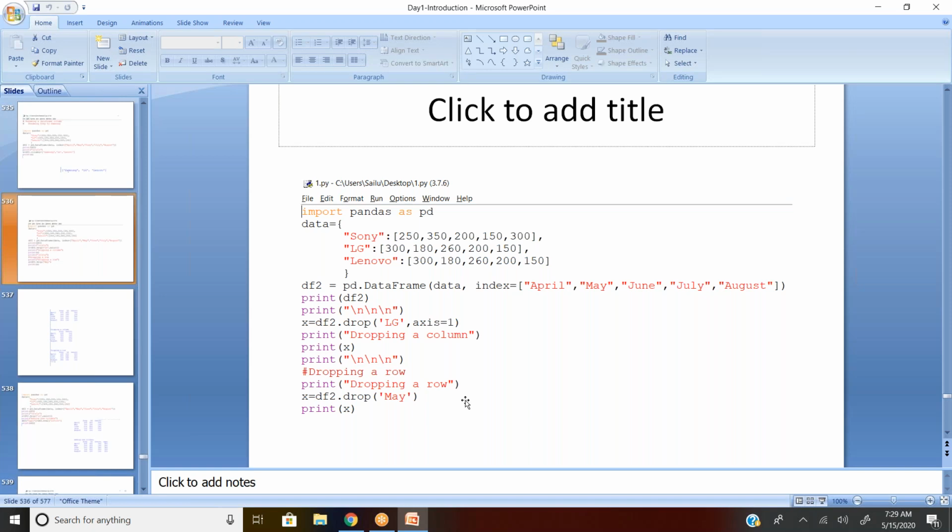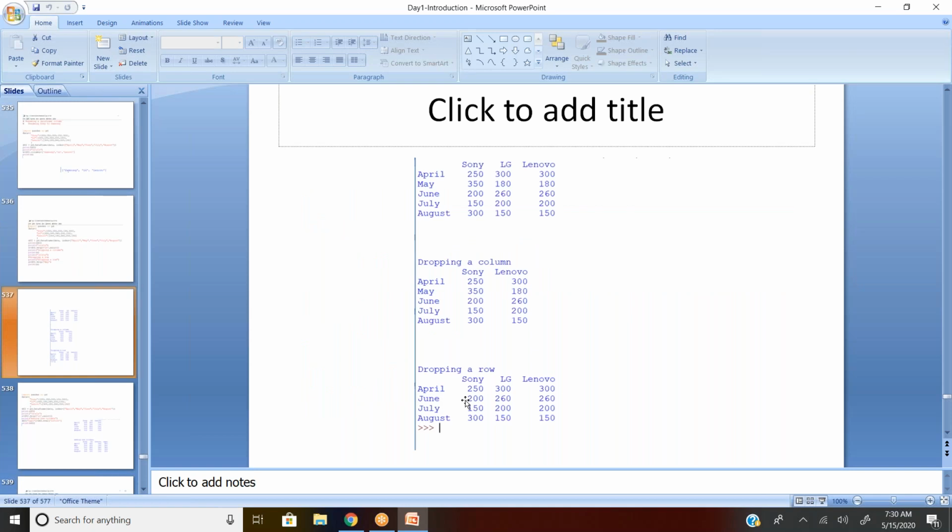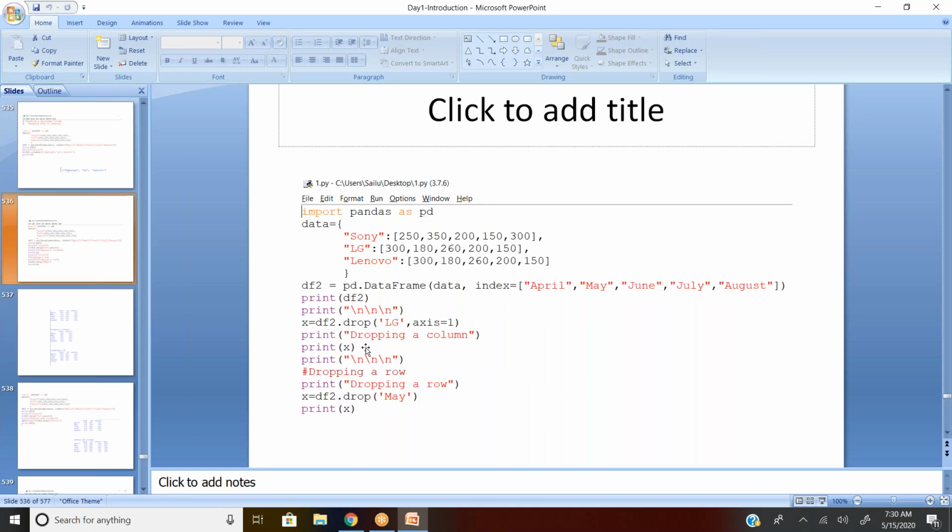It's not removing, it's dropping. Removing is nothing but deleting. I'm not deleting here, I'm just dropping and saving it, or printing it. So though I'm using the print option with df2.drop, the system is going to save a new one in X, or I can use just a print option on top of this. It's not going to drop the column in df2. It's just storing into a new variable or just printing it.